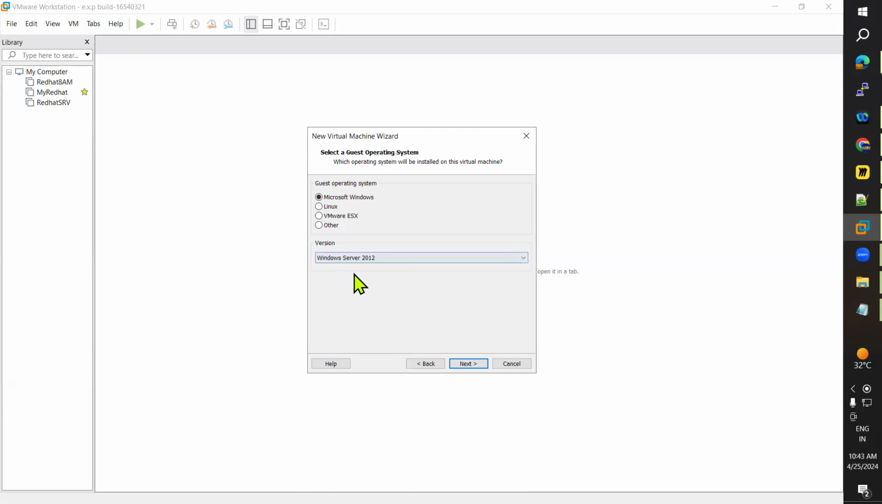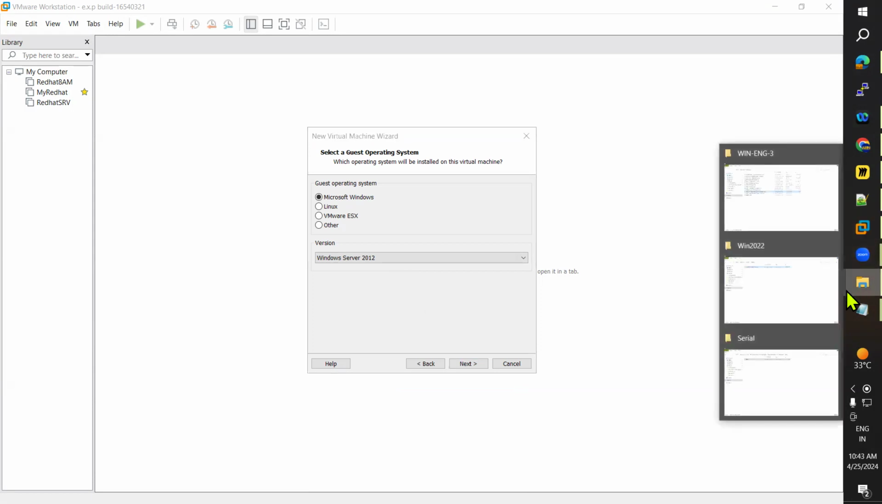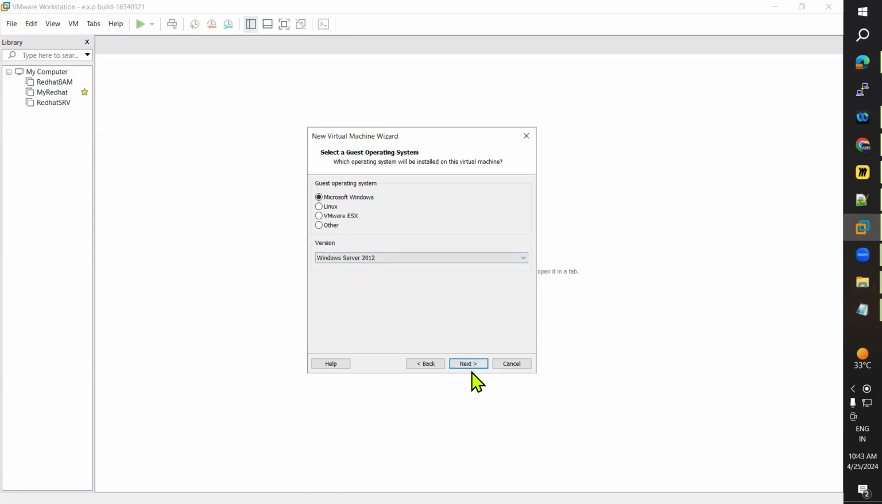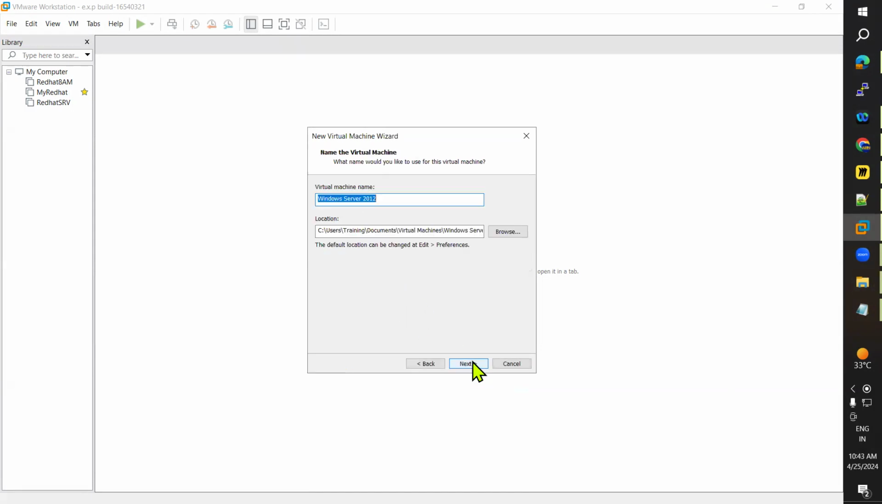I will show you the practical on Windows Server 2012 because organizations are still using 2012. Hence I will show the practical on 2012, but you practice on the 2022 operating system. Okay, and I will provide the operating system 2022 and 2012 as well. Okay, so select 2012, click next, and give